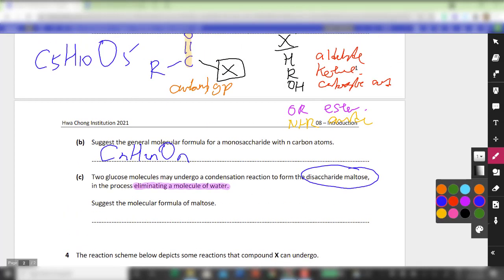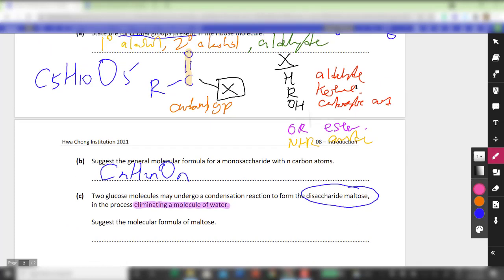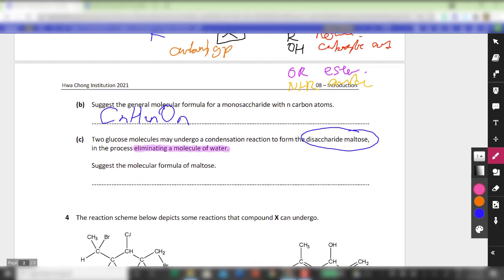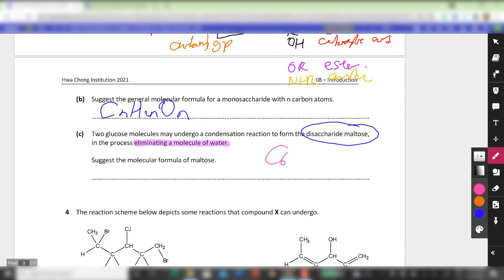Okay, so one way to go about doing this question in a simple manner is to write out the formula for glucose. So when you write the formula for glucose, that will be C6H12O6, and then you add the two formulas up together, then you end up with